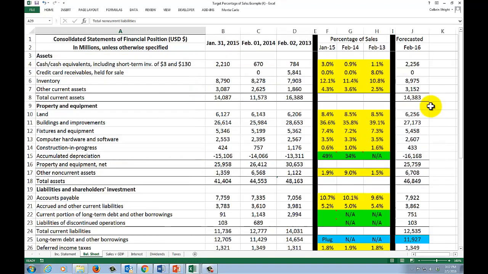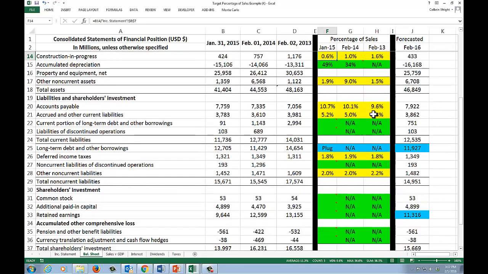Those are the only 2 accounts on the income statement that I believe are going to vary with sales. I come to the balance sheet and I start doing the same thing. You can see right here, and this is for cash and cash equivalents, I take the most recent percentage of sales and I multiply that against my forecasted sales on the balance sheet. So I hope you can see the trend. I do that for all of the accounts on my balance sheet. Now there may be 1 or 2 where I actually take the average, but for the most part I'm using the most recent point estimate.